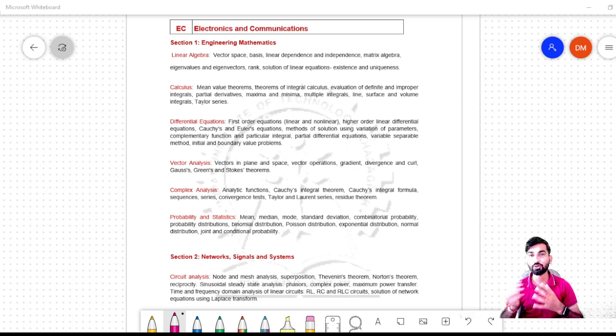If you want to get into IITs, if you want to get below 100 rank or single digit rank, we can say, right? So in this session, I'm gonna just highlight what are the important topics.